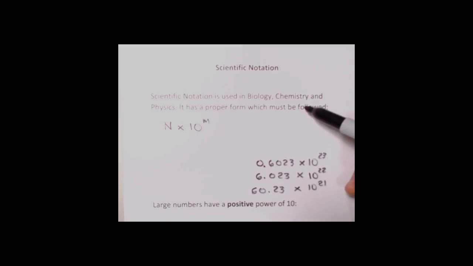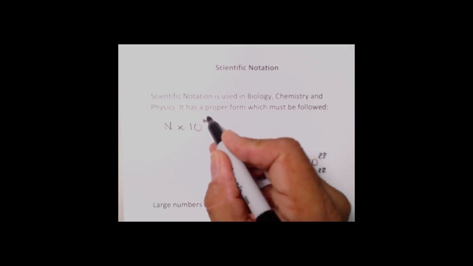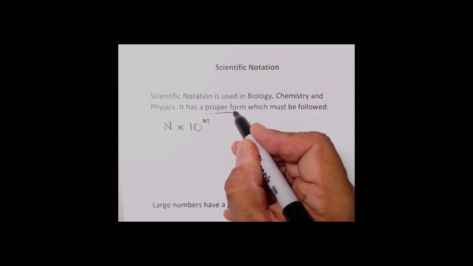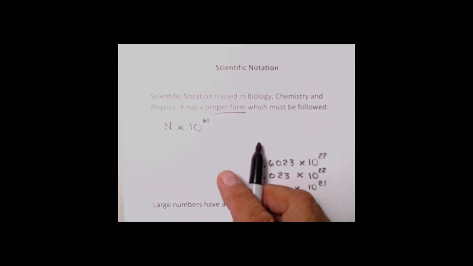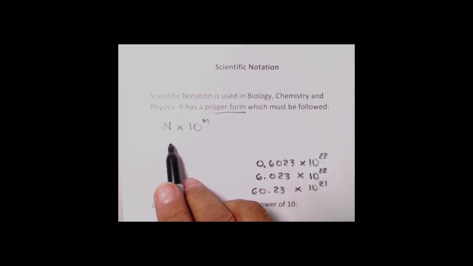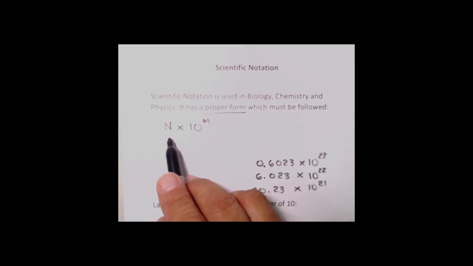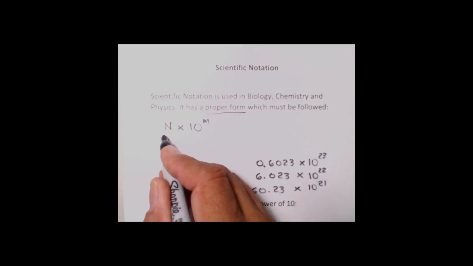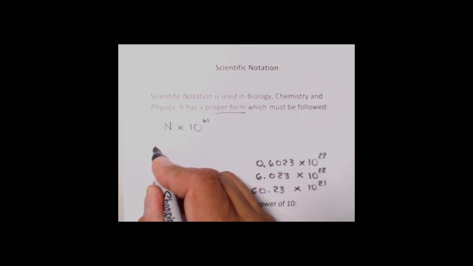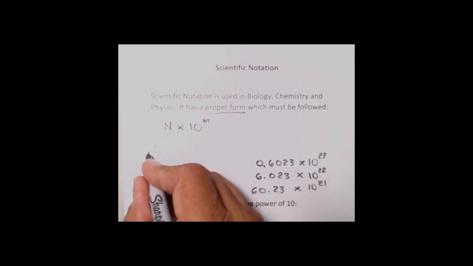It's designed to be able to multiply and divide very big and very small numbers. Now, what's important is there's a proper form that you must give the final answer in. And it's very important that you have this proper form. Here's how it goes. Okay, n times 10 to some power. Well, the n here is a decimal number which has just one